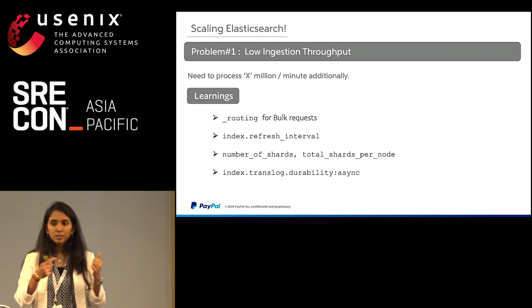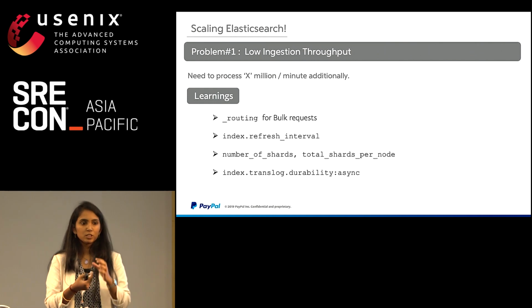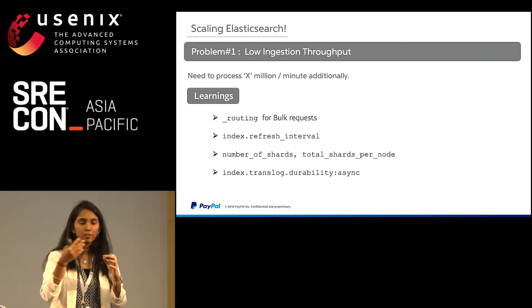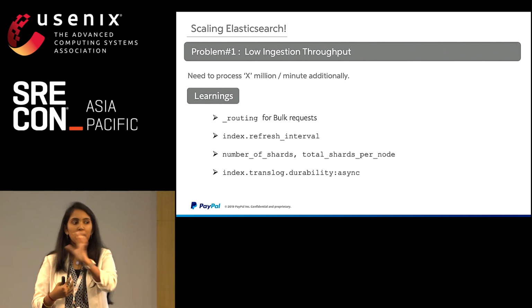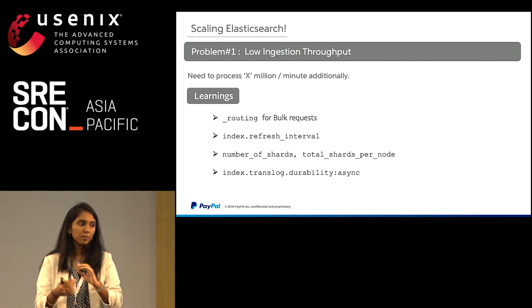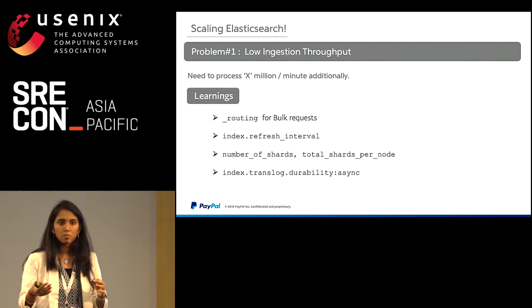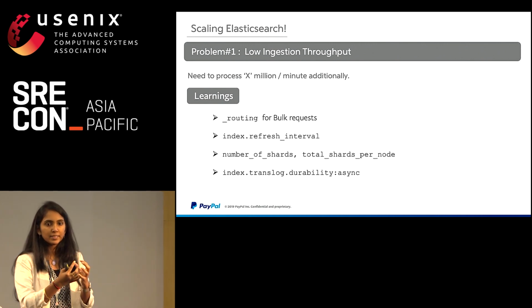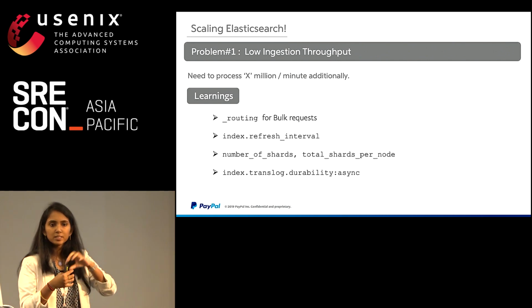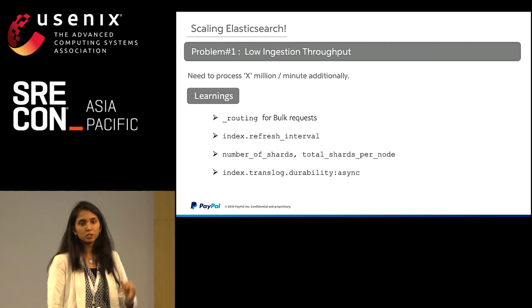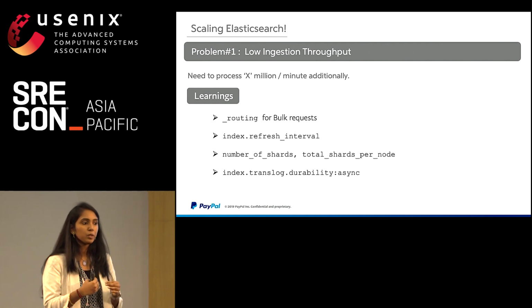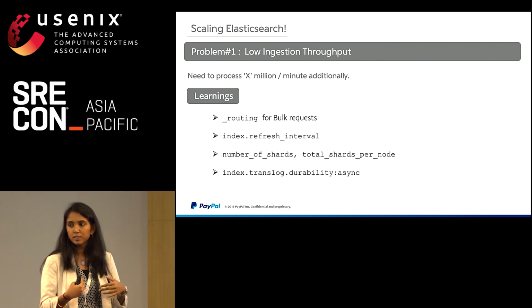What it does is, once you index a document into Elasticsearch, it has an in-memory buffer, and then it flushes into your segments, after which it becomes searchable. Once the flush happens, that is what you call a refresh. And when you do this, Elastic spends some operations in the background to merge your smaller segments into larger segments, and there is a considerable amount of work being done there. What happens if you say, less frequently I want to do my merges? In that case, you get additional resources in order to scale up your ingestion. You will be able to process more requests.